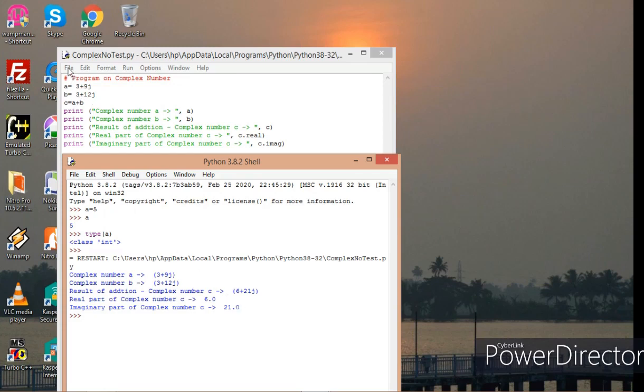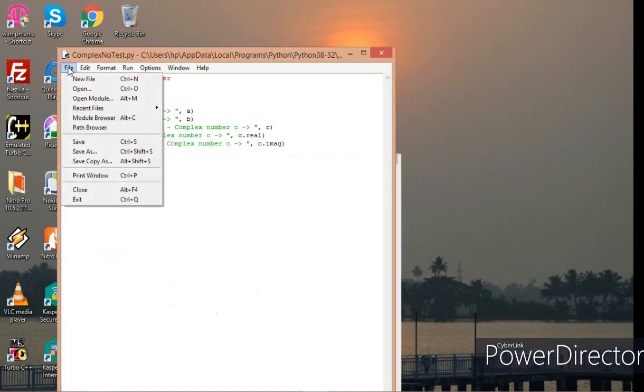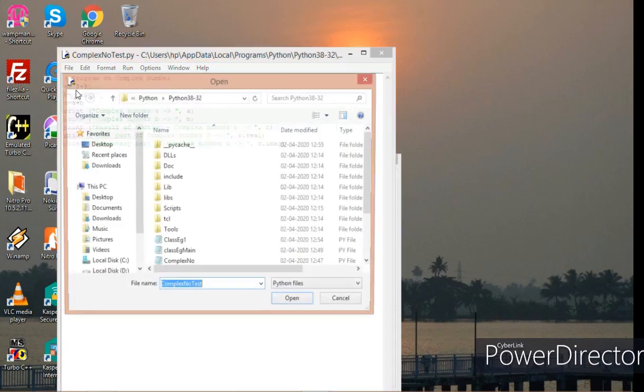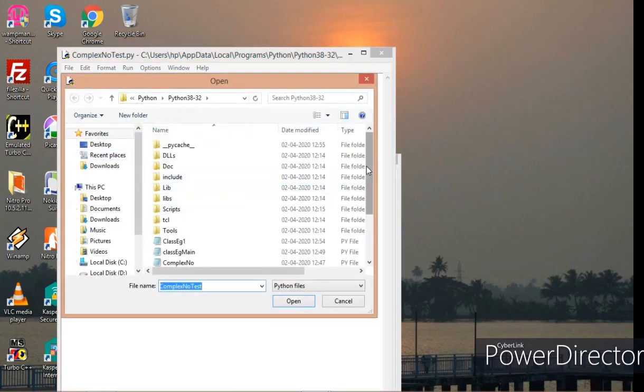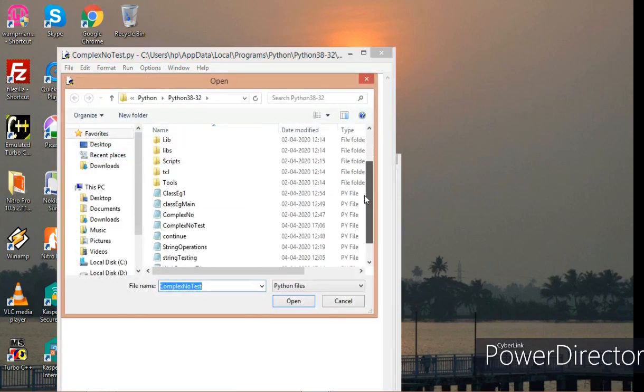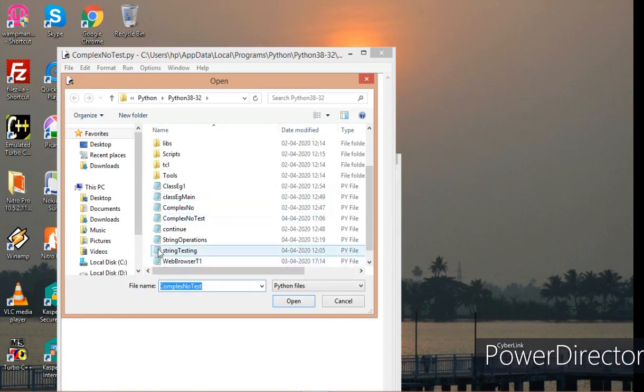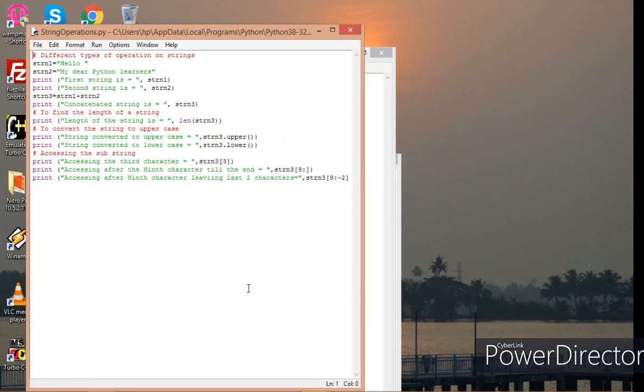Now another advantage of using IDLE is I can open multiple program file windows. Now let me open one more program file, say I have here string operations, one more file. This particular program is performing different types of operations on strings.